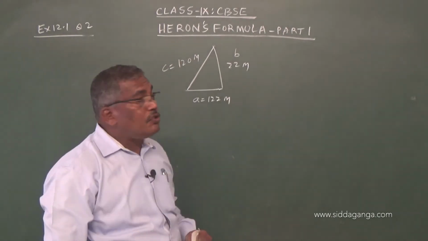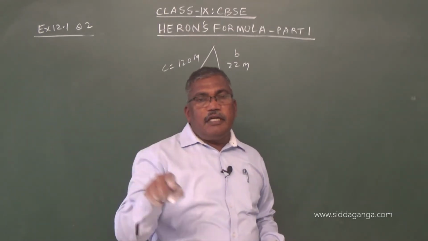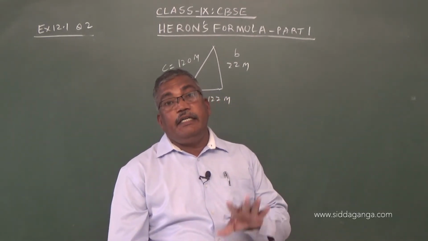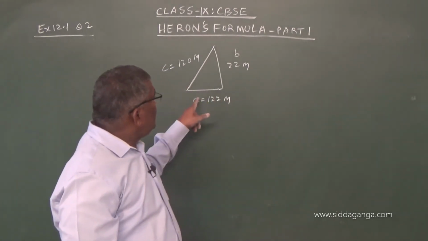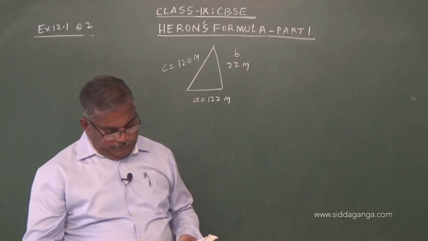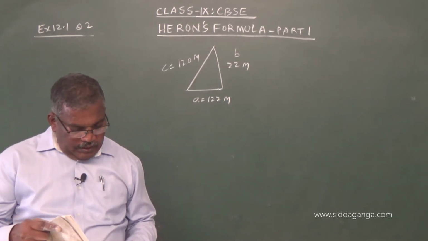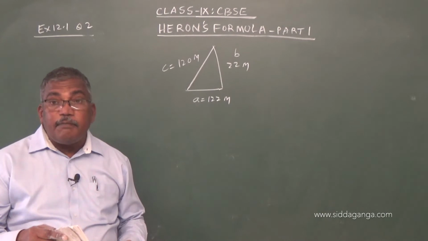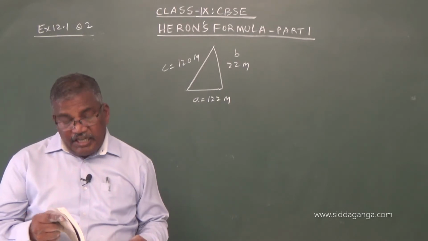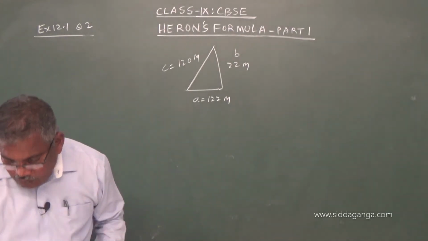A rough sketch of course. So A, B, C are given. When the three sides are given and we don't have the height of the triangle, using Heron's formula we can calculate the area. The advertisement yields an earning of 5,000 per square meter per year. A company hired one of its walls for 3 months. So how much rent did it pay?